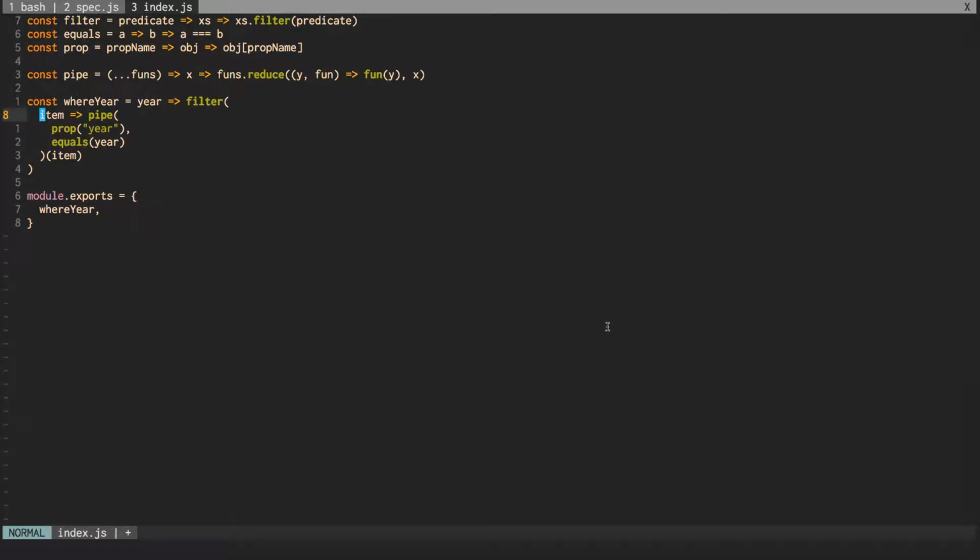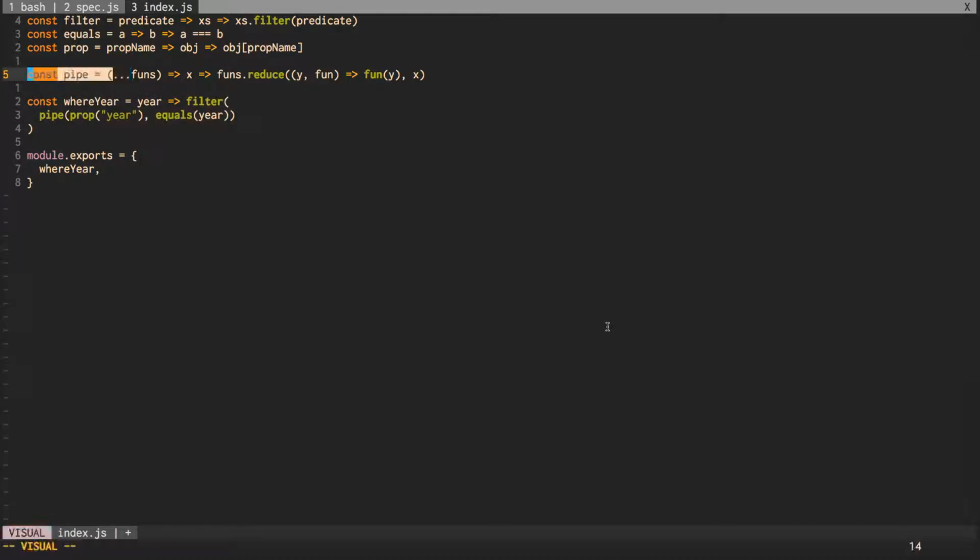We have an initial input. And what's sweet is now we have that same pattern where if we bring it up to one line now, we can see that this anonymous function, when does it actually use item? We get pipe prop year equals, oh, it just comes last as its own invoked argument. So we can delete the explicit reference because pipe itself represents all of this, the first stage, basically the functions stage. And now we're just waiting for x. In this case, it's going to be an item or a book. And we don't have to actually